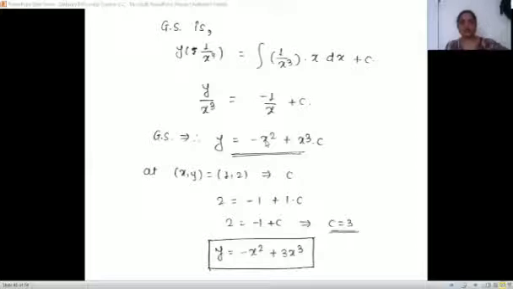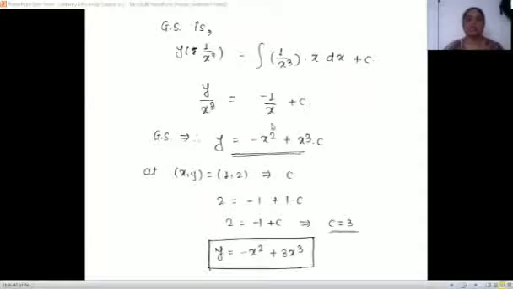Okay, we were here. That's what we are getting: the equation, integration of 1 upon x square, and we know the integration is minus 1 upon x. This is standard. If we don't know, write x raised to n, integration of x raised to n form, use the formula and solve. Okay, that's what y is: minus x square plus x